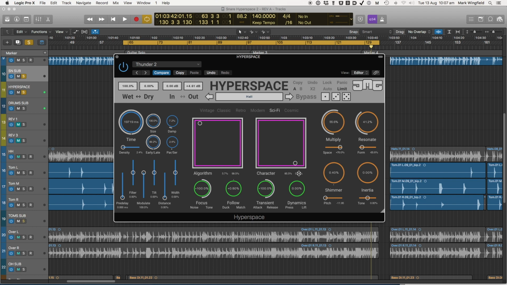So that gives you a little bit of a taste, and when I say a little bit, I mean a tiny bit of a taste of what's possible in terms of sound design with this reverb. The possibilities are just immense. I've only just begun to explore it. I'll do another video which looks at the sound design aspect of it, but I think we've covered all the basics here. I didn't cover the ×2, but